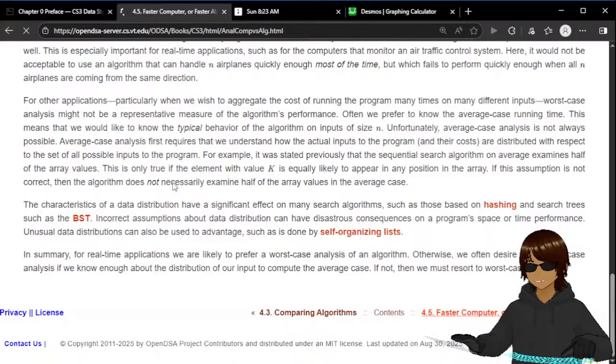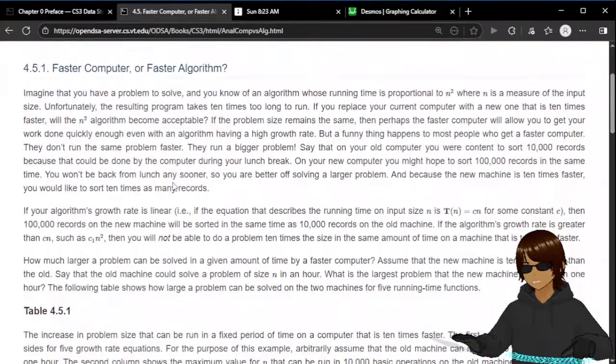Alright, let's go to the next chapter. Imagine that you have a problem to solve and you know of an algorithm whose running time is proportional to n squared, where n is a measure of the input size. Unfortunately, the resulting program takes 10 times too long to run. If you replace your current computer with a new one that is 10 times faster, will the n squared algorithm be acceptable? If the problem size remains the same, then perhaps a faster computer will allow you to get your work done quickly enough